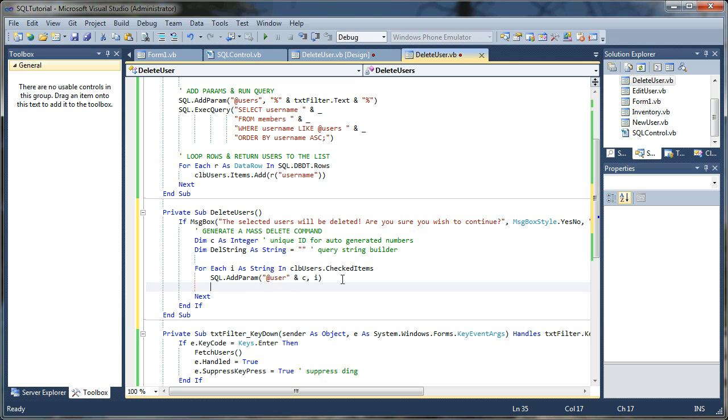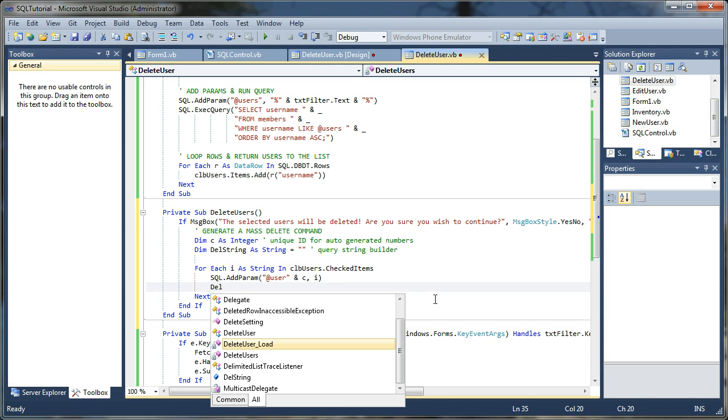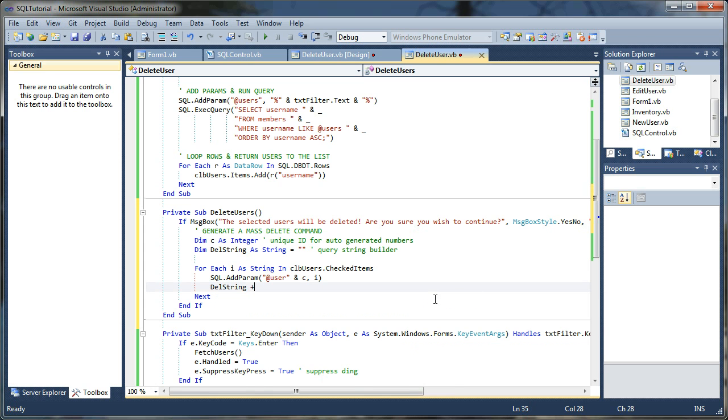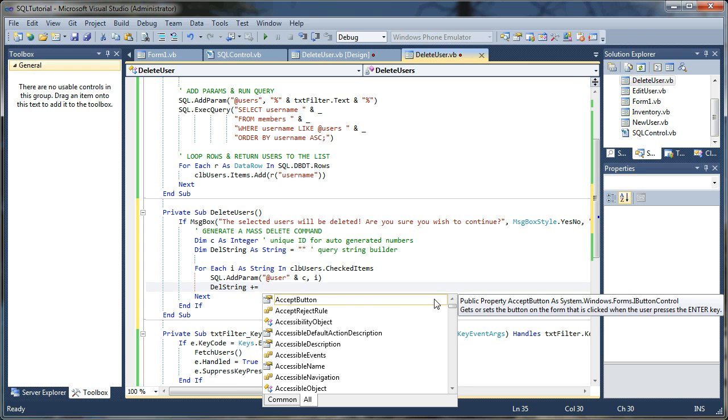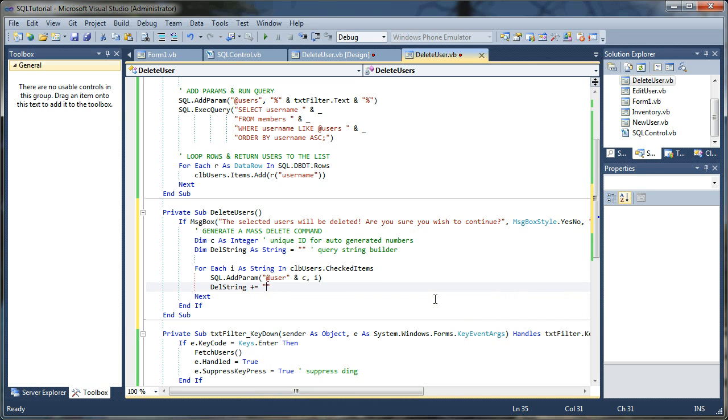And then what we're going to do is a string concatenation. We're going to create one big deletion string. I'm going to say del string plus equals. This is the same as a concatenator. It's going to append this command to each line. So I'm going to say delete